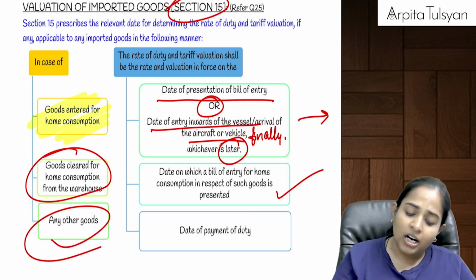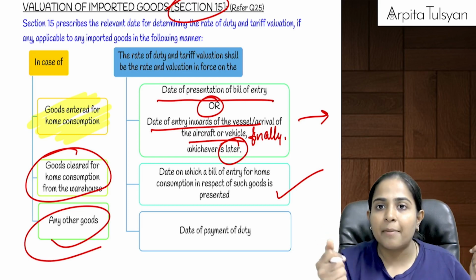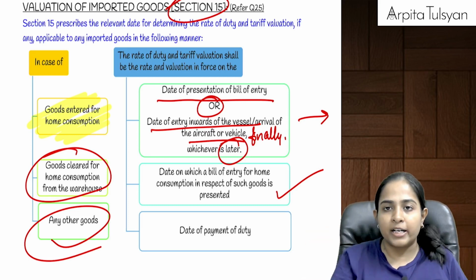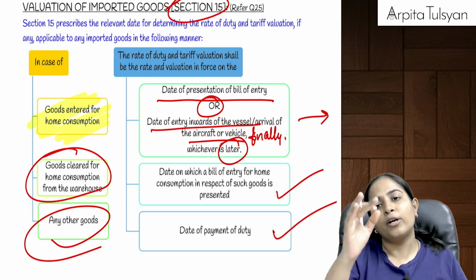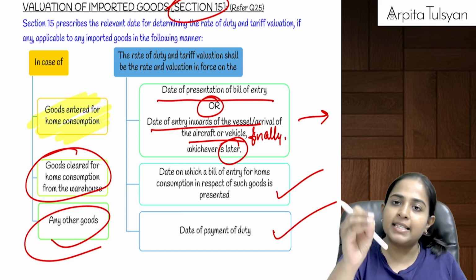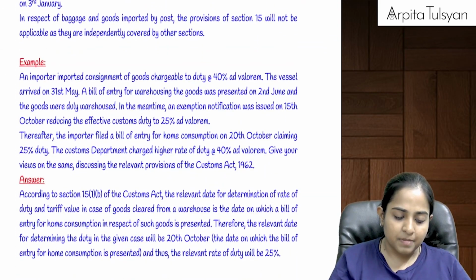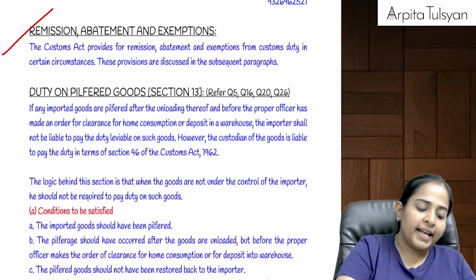And in all the other goods, for example jetsam, flotsam, etc., when the officer says that no, you only have imported it along with your goods, then the date when you are going to pay the duty, on that day whatever is the rate prevailing, at that rate you are required to pay the customs. Are you clear with this? Yes? Okay. Then going on to the next concept.